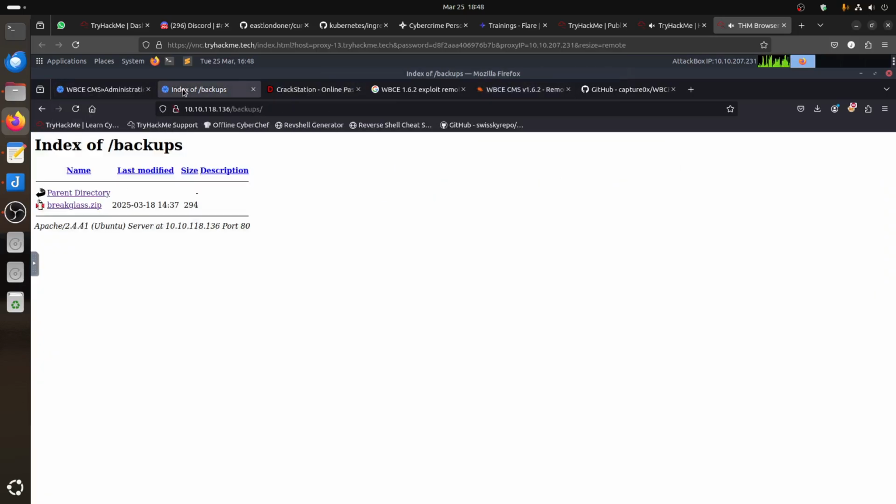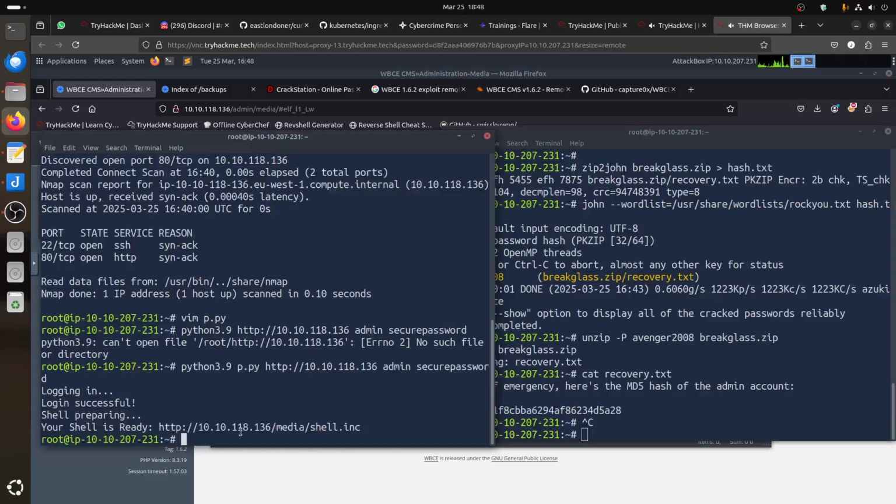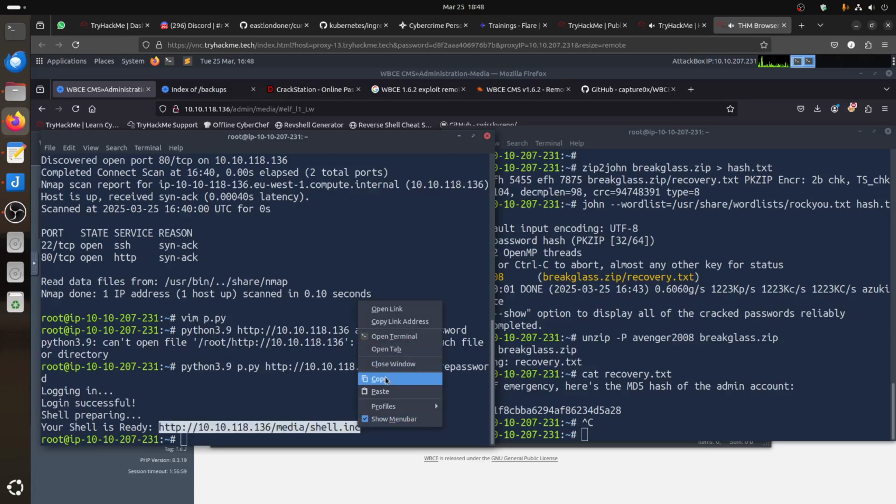As I said, I'm not doing it manually today, so you can just create your script and upload the shell here. But there's a reason why some shells don't work. That's why the room is a bit trickier. So now it tells us go to this to get a shell. So if I go to this link now,